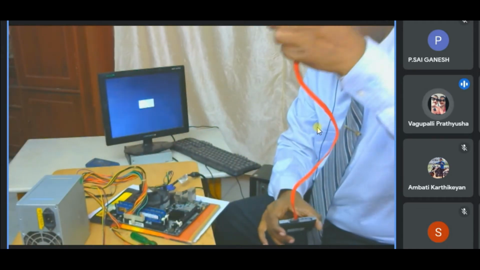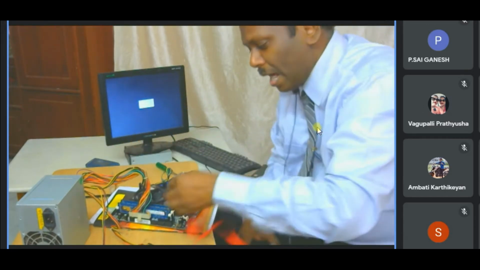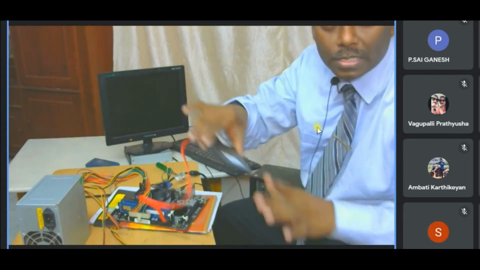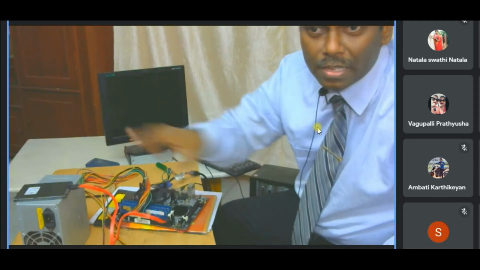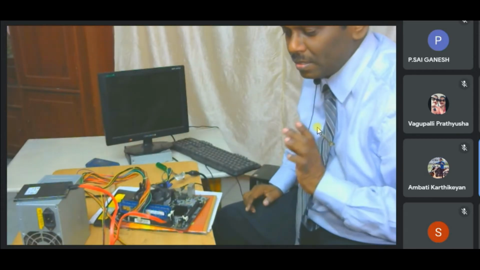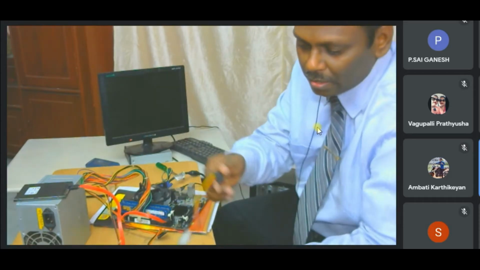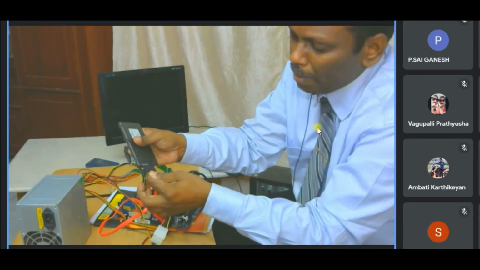Now I'm going to connect this hard disk. So I have connected this one. You see this SATA disk? I'm placing it somewhere here. You can see the SATA disk is now there. And the power cable I also need to give, right? Without power it will not start. This is my power for the SATA. Okay, I'm giving.